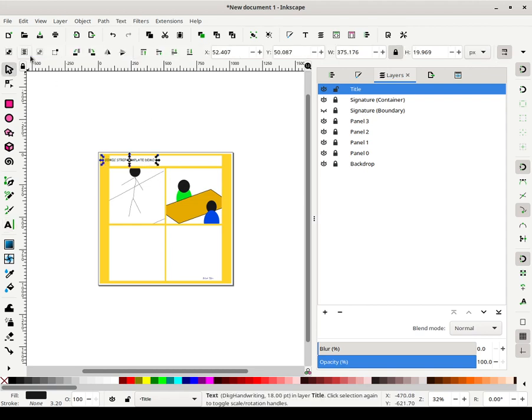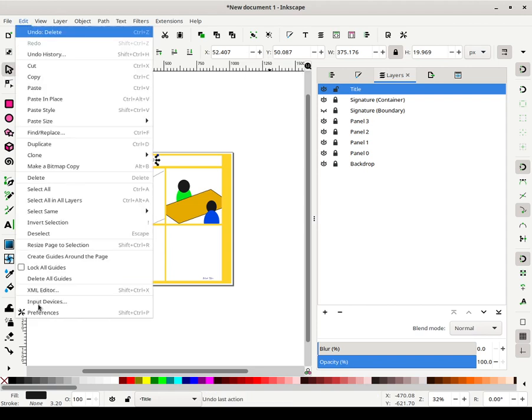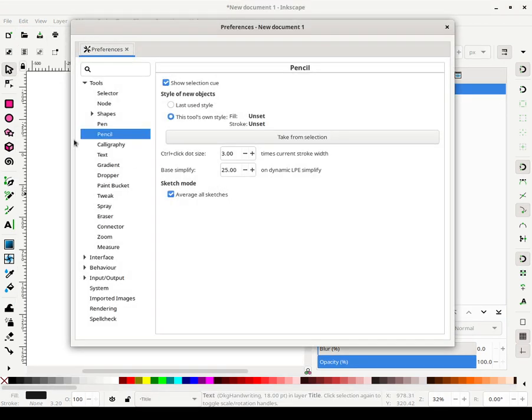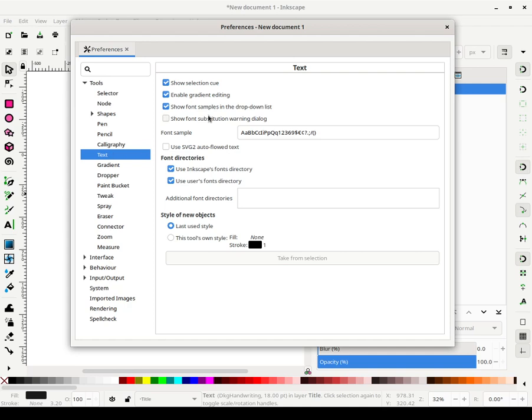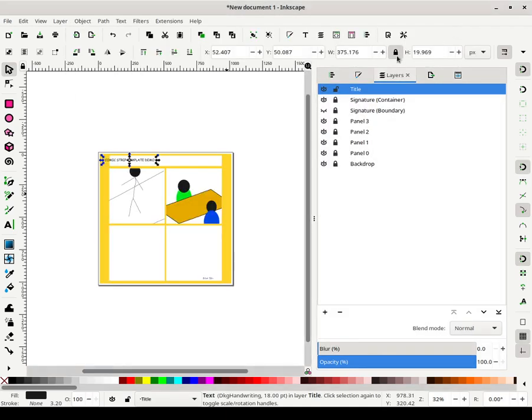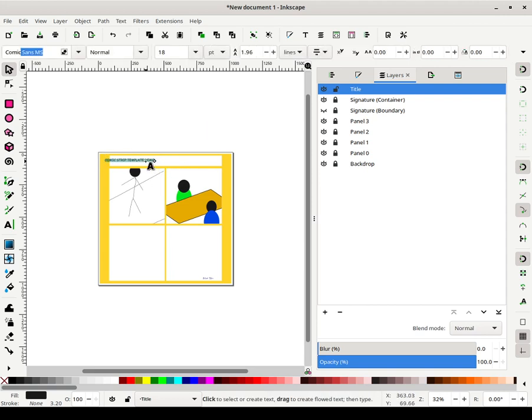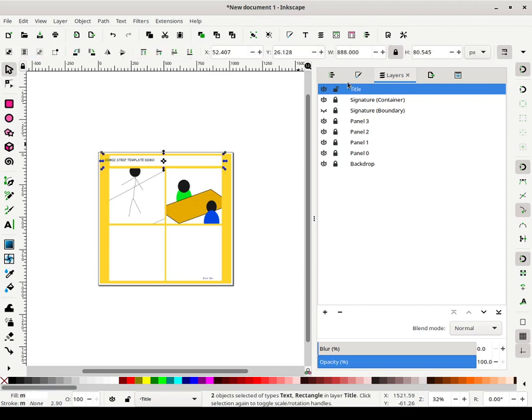Yeah, you can set your tools settings in preferences, so if you want, you can have, let me see, does it have one for text? Yes, it does. Right, so instead of last use style, you can use tools on style. And if I remember correctly, it should choose the last font that you had as well. But I'm not going to do that this time, just leaving it as it works normally. But it still can be a little bit annoying because you choose a font before you write, and then Inkscape goes back to the last font that you use. I really don't like that, but it is what it is. Alright, so